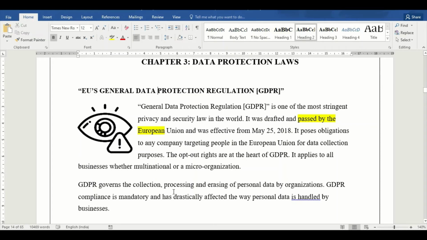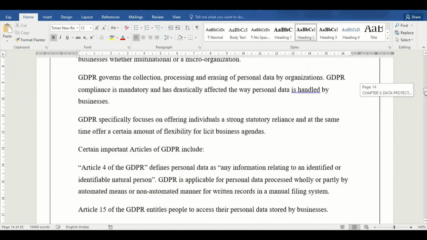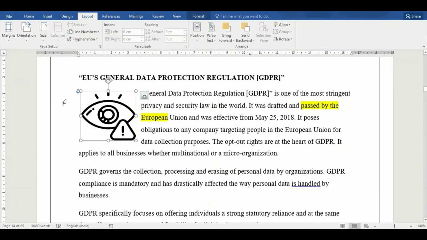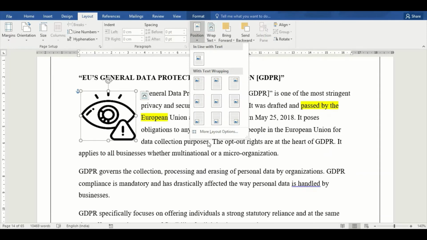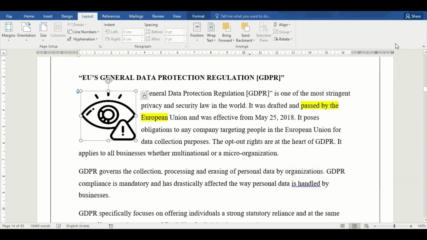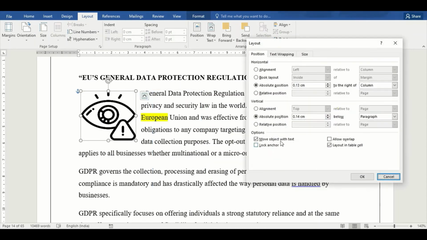So you can keep inserting images like this into your entire document without having disrupted the alignment of your entire document. Also, another way to get the same dialog box as the one which appears when you go to layout, go to position options, and you need to go to more layout options to get this dialog box right here. Another way to get this dialog box is to click on layout options and go to the see more hyperlink on the bottom, and you get the same dialog box here.